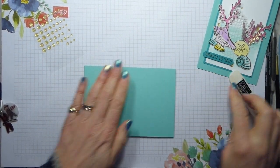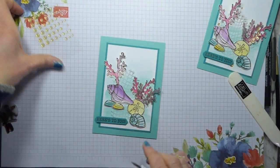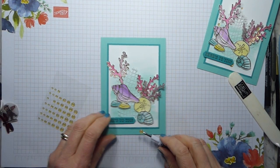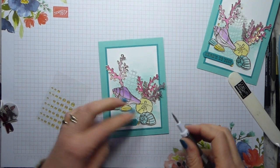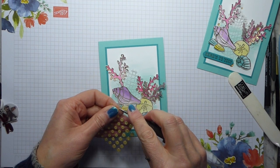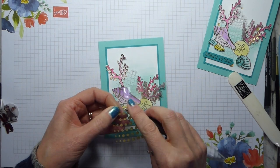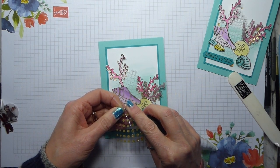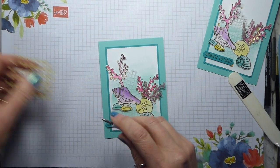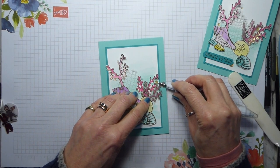Just want to do that with the bone folder, press from the back, and then all we need to do now is add some of these lovely gold glitter dots. They are just so pretty, and for something like this where you want that kind of watery feel, I think they're ideal. So I do sometimes find they don't really want to come off the sheet unless you get underneath. So I'm going to put one in the middle of my sand dollar and one that I'm going to have nestling in under